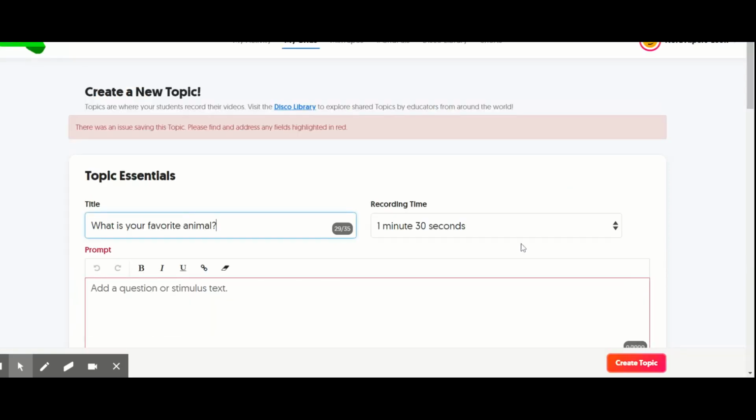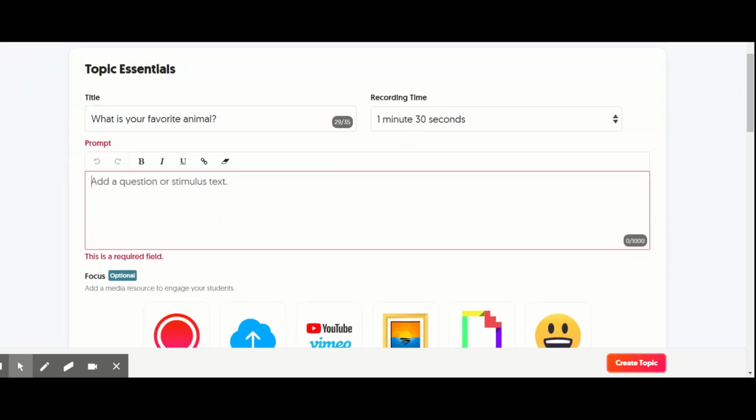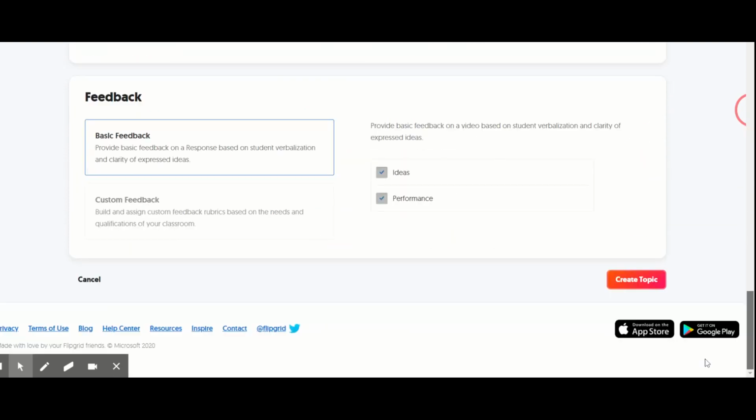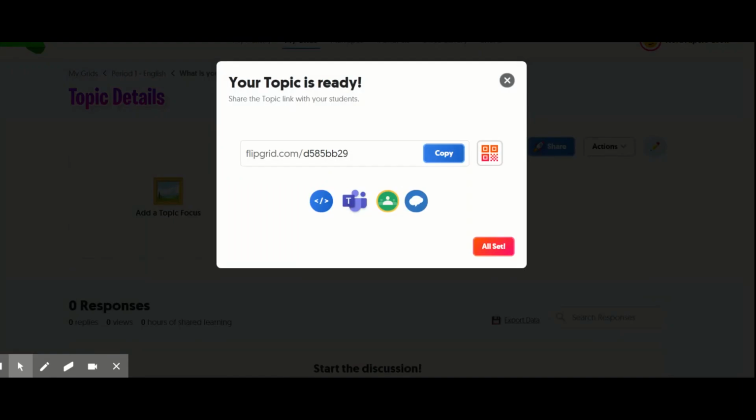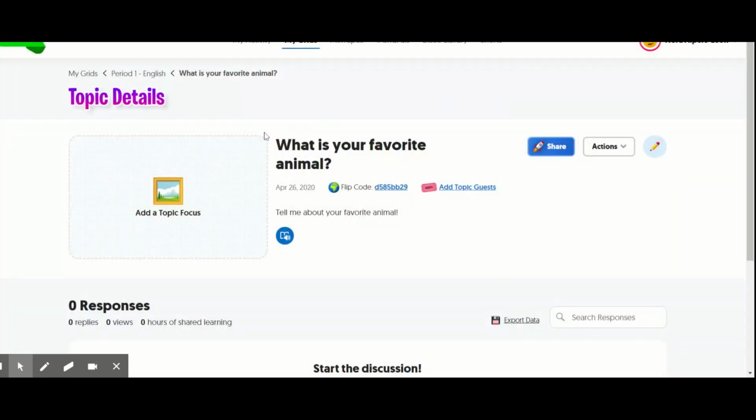Create the topic. Whoops. Please find and address any fields in red. Oh, so tell me about your favorite animal. For example, this is a really simple prompt, but it could be something much more complex about a book you're reading. Okay, you can give this link to your students, or when they log on to period 1, or whatever your title is for your class grid,